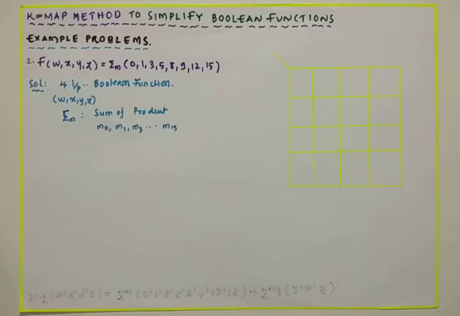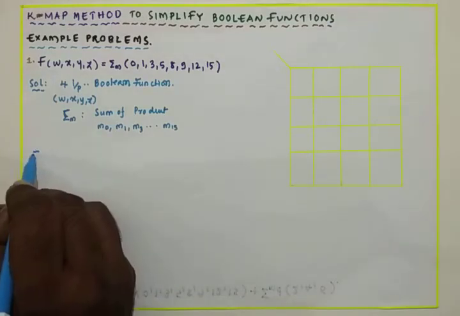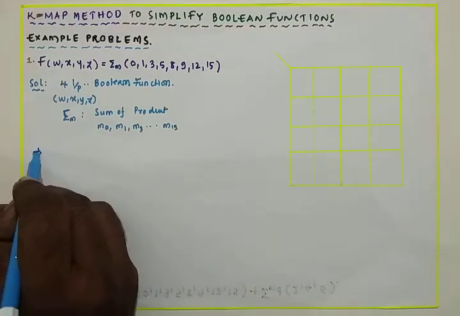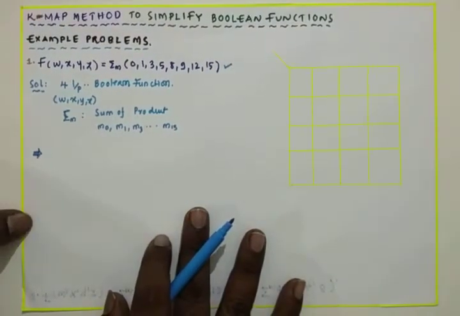It is a 4-variable Boolean function, the variables are w, x, y, z, and it is a sum of products, and the products are also called minterms. Minterms are m0, m1, m3, m8, m9, m12 and m15. So this is the first observation. The second observation is that we are going to simplify this Boolean expression